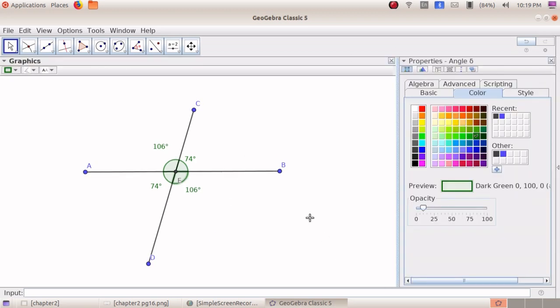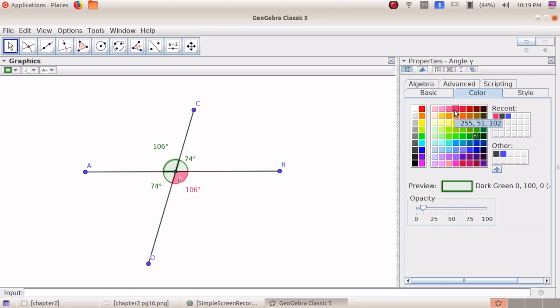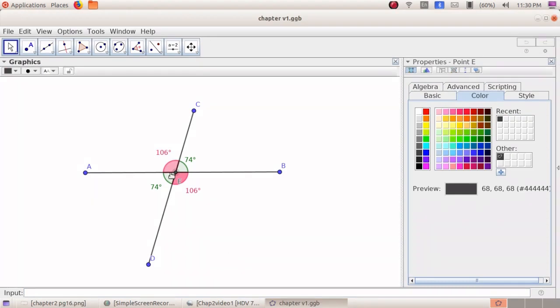Now I got the color palette here to change the color. I selected a dark light pink color. To increase the color size, the opacity, change the color into pink like that. I want to select the same color in this one also. So right click the object, same thing. I selected the same pink color. Increase the opacity. Now I can show the difference.